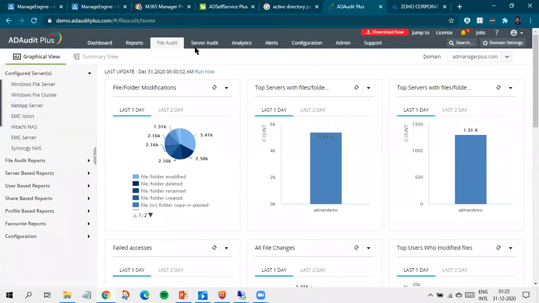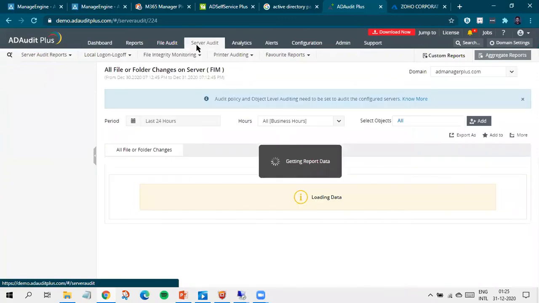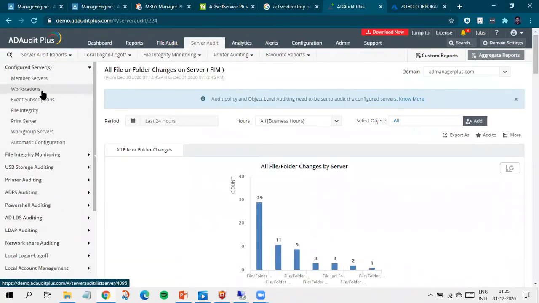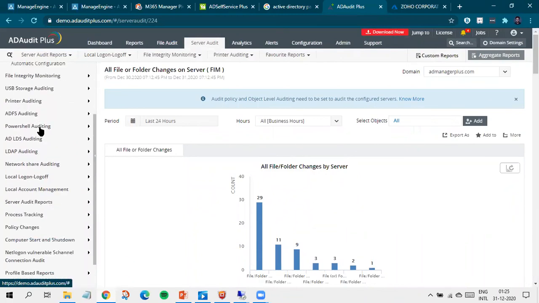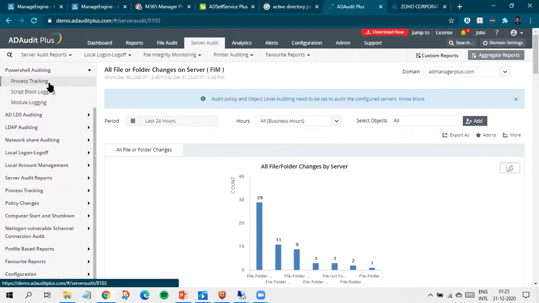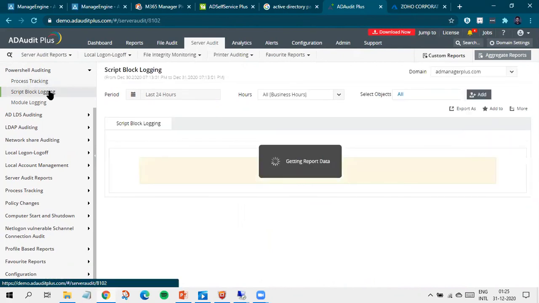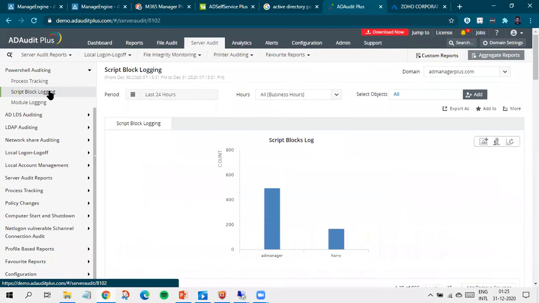And we've got a server audit tab that audits your workstations, your member servers, your workgroup machines as well, right? For example, if I scroll down, do you see this option called PowerShell auditing? This will audit any script that your end users are running that they are not supposed to run, right? Most attacks happen via scripts, happen via PowerShell. It's important that you note when your users are running PowerShell scripts knowingly or unknowingly, and these reports will help you get those details,